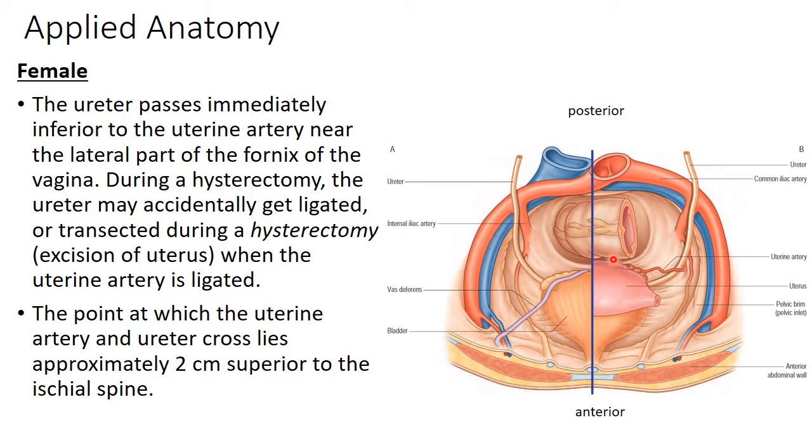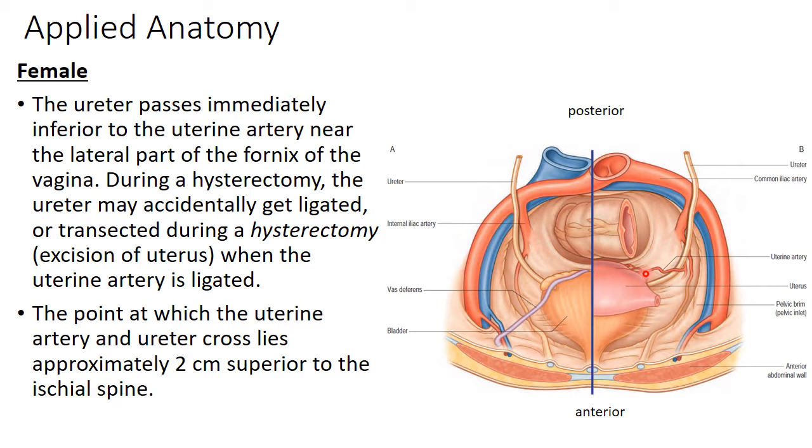Here in this picture, this half is the female and this half is showing the male pelvis. Here one can appreciate this is the posterior aspect, this is the anterior aspect. The ureter is crossing the pelvic brim over here, and at the pelvic brim the bifurcation of the common iliac artery is just posterior to it, and it is running downwards, then anteriorly and medially, and here this is the uterine artery crossing the ureter. It lies anteriorly and superiorly, and then it becomes medial.